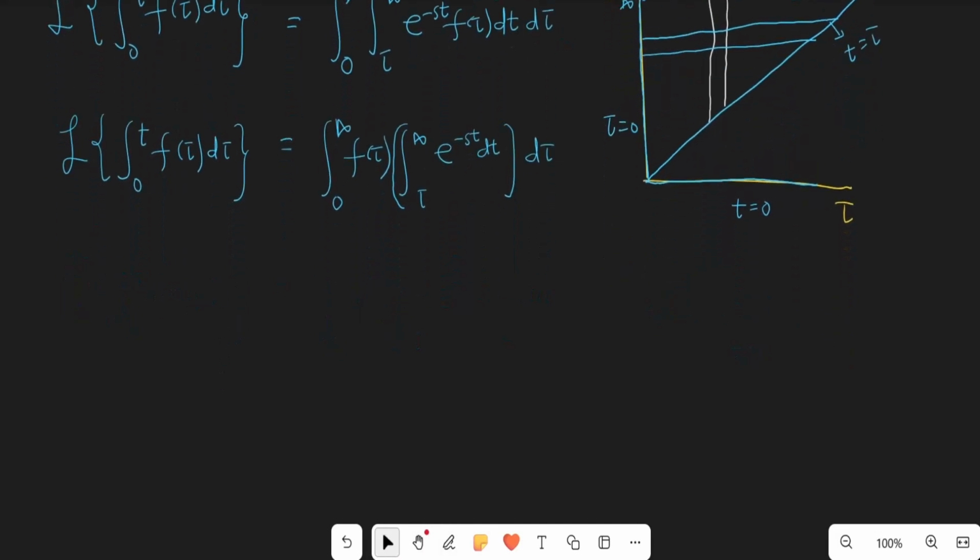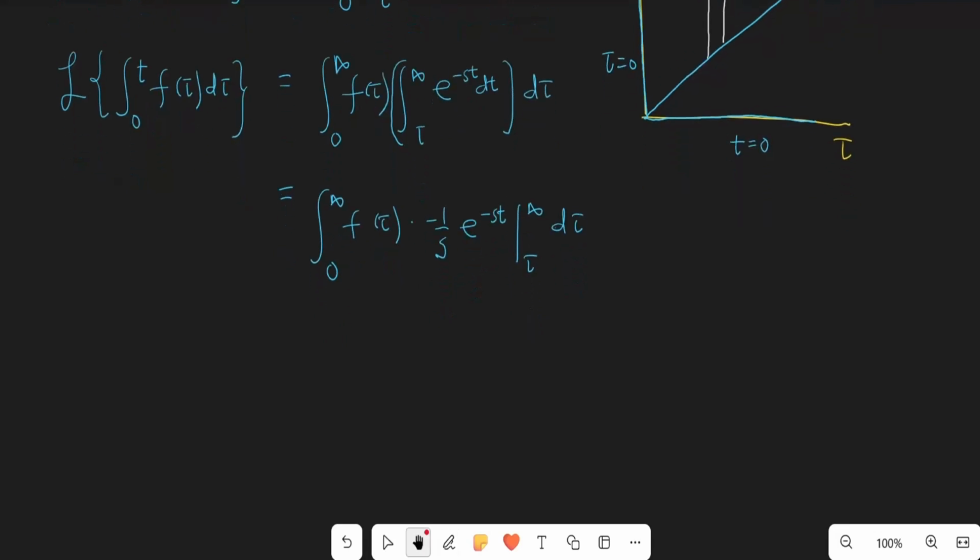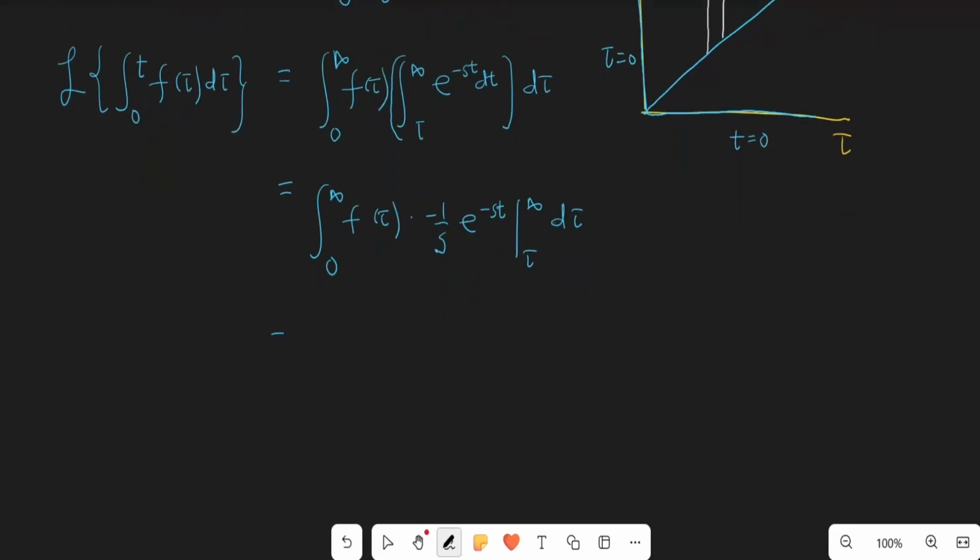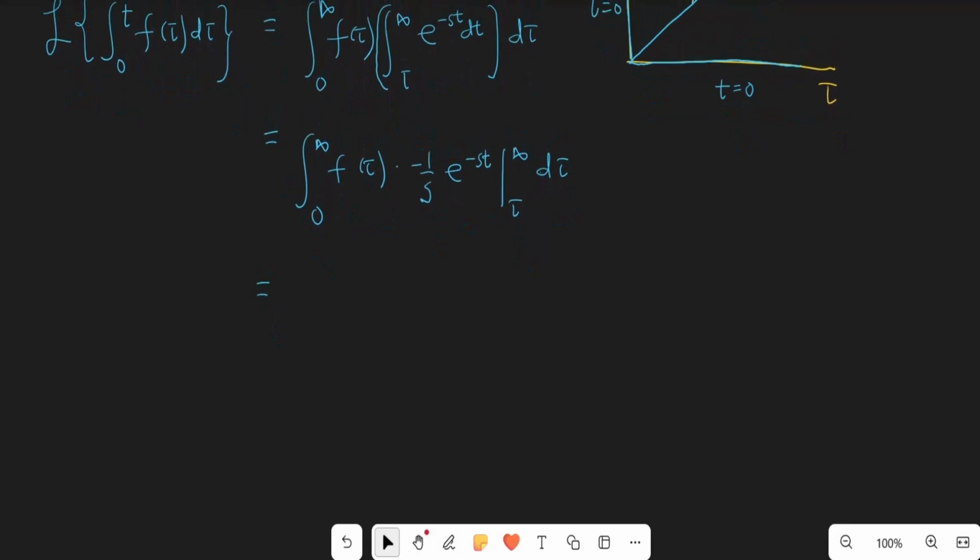So now let's integrate this, right? So we can easily integrate this. This one is going to be the integral from 0 to infinity of f of tau, and then integrating this one is going to be negative 1 over s e to the negative st, the limits of integration from tau to infinity, and all this one is multiplied by d tau. Alright, so now let's take the limits of integration. So let me write this one all along. So the integral from 0 to t of f of tau d tau, the Laplace transform of